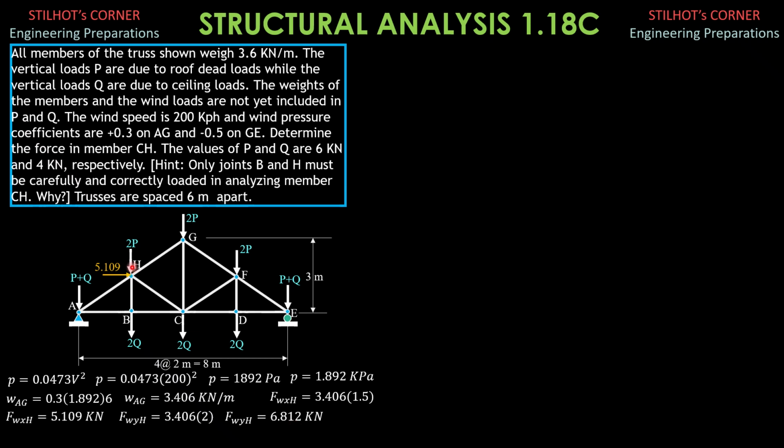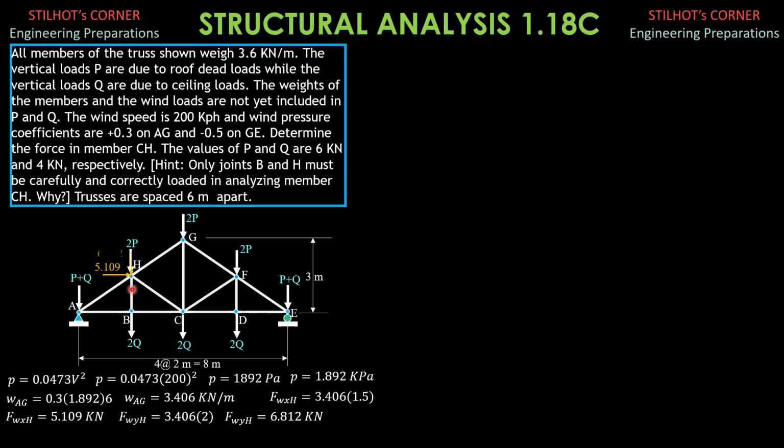So we are only interested in H, as I said, and the other components, vertical and horizontal, are not important because they will be transmitted at G. When we sum up moments about A, they are not involved in the moment summation, as well as the horizontal and vertical components of wind load here, as well as the weight of the members to be transmitted at A. They are not important.